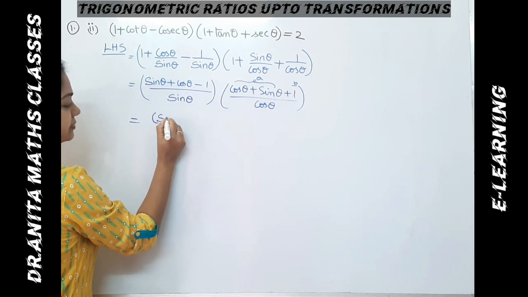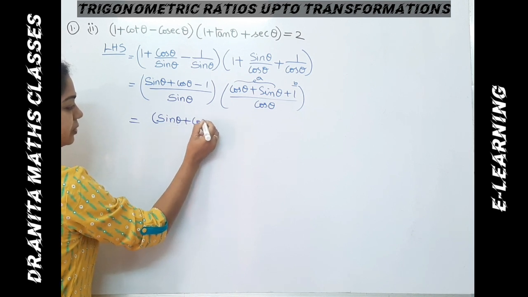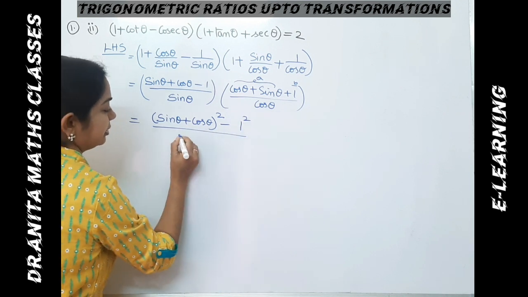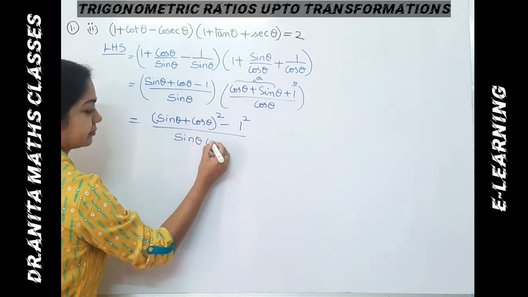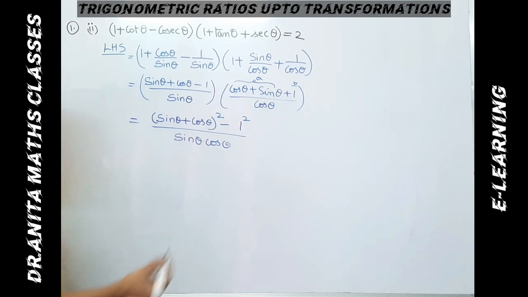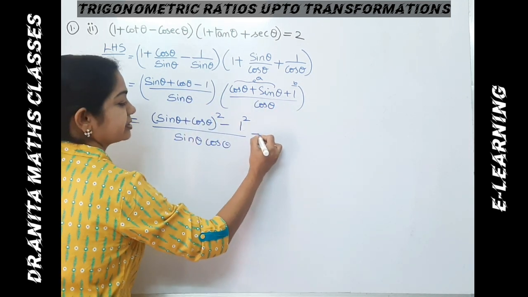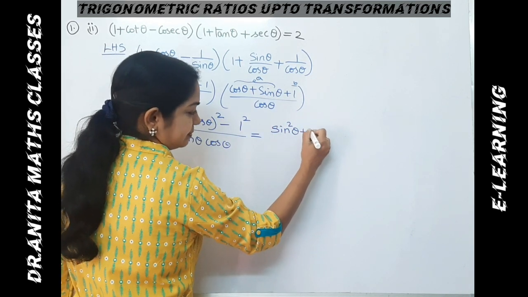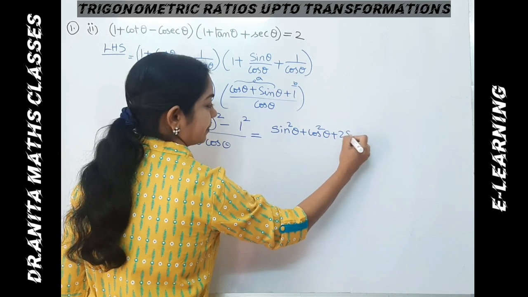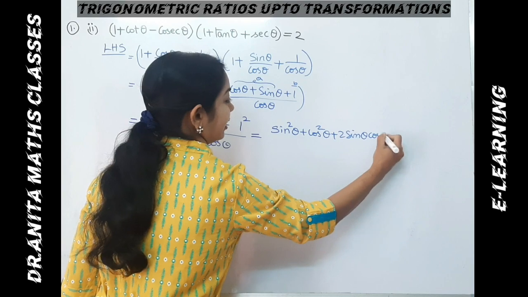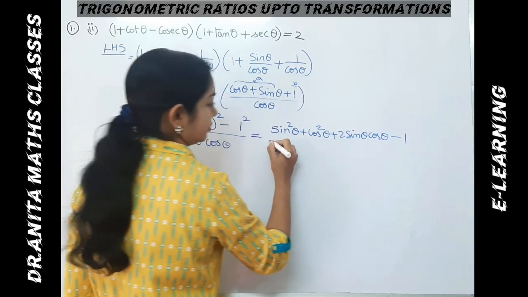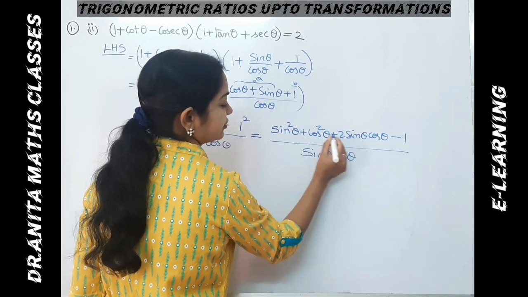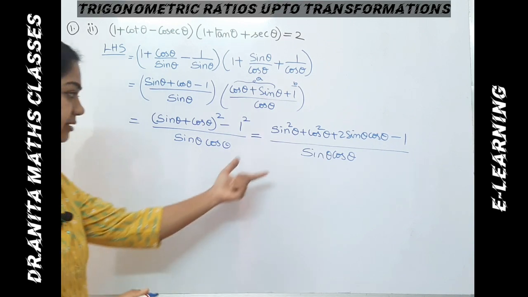So this will be resolved as a square minus b square, divided by sine theta cos theta, because these are in multiplication form. Here a square, we will expand it, a plus b whole square, so a square plus b square plus 2ab. And 1 square is just 1 above. Now coming to sine theta, cos theta squared, this is the first trigonometric identity, that comes to 1.